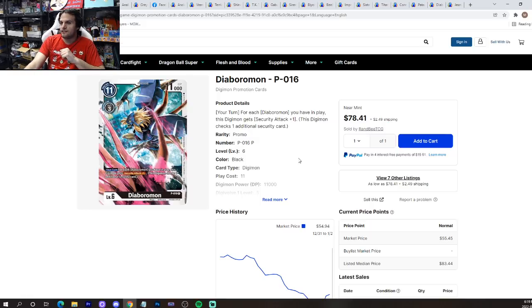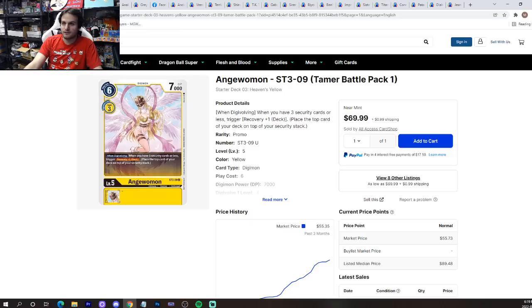The deck looks like it could be a very low tier 1, maybe tier 2. Maybe not something I take to Nationals per se, but it is a good deck. Diaboromon is expensive for a reason, and with no Tournament Pack 1 reprint that we know about, this is where it is now. And speaking of the other hot card,